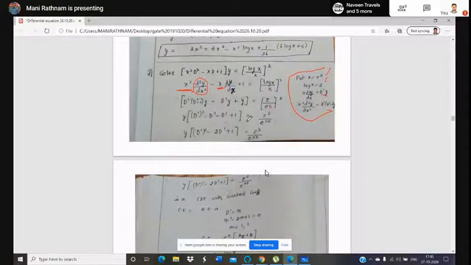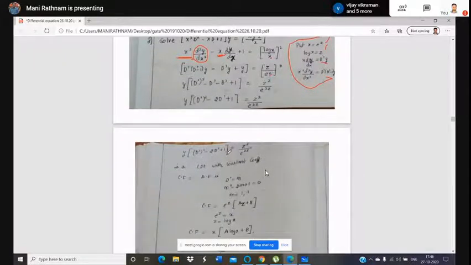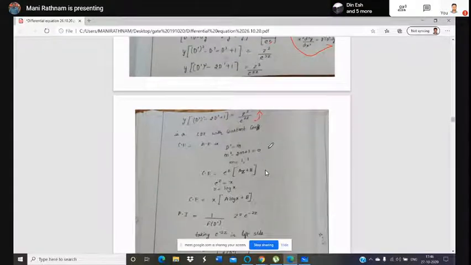And finally take y outside, multiply and simplify here, which gives (D' square minus 2D' plus 1) y. The RHS is z square over e power z whole square, which becomes e power 2z. Bring this e power 2z into the numerator, which gives z square e power minus 2z. So now you find out this is a differential equation with constant coefficients.